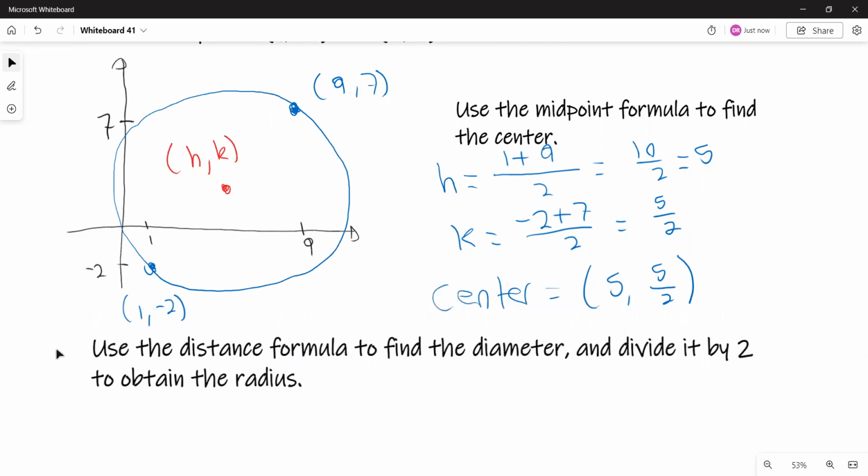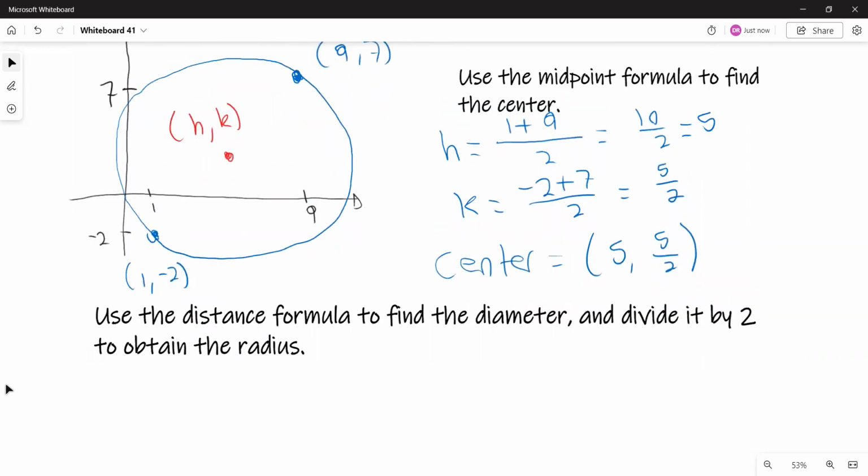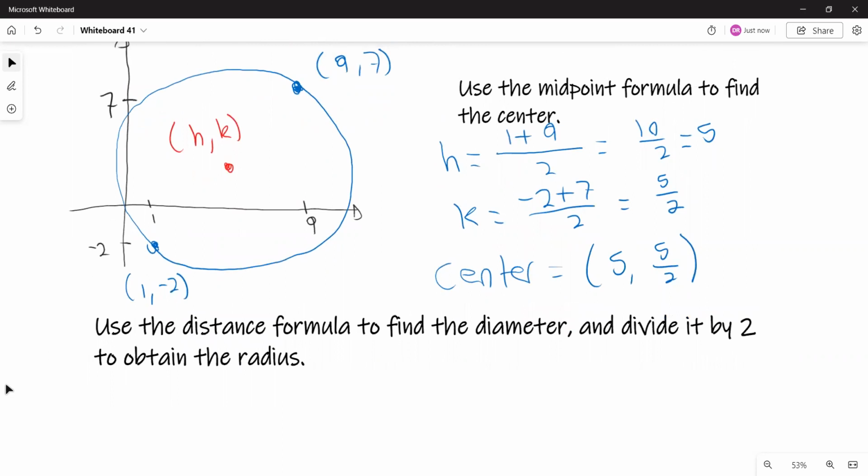Okay, let's try that. So we're going to find the length of the diameter. I'm just going to call it the diameter is the distance